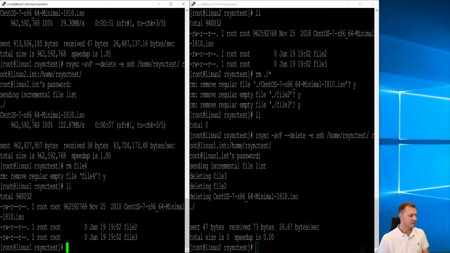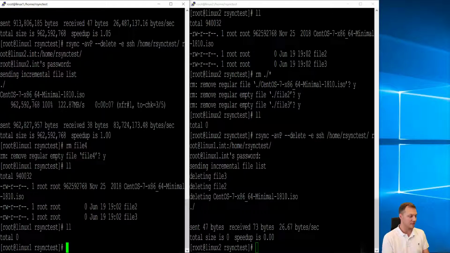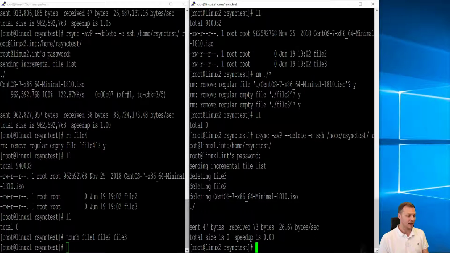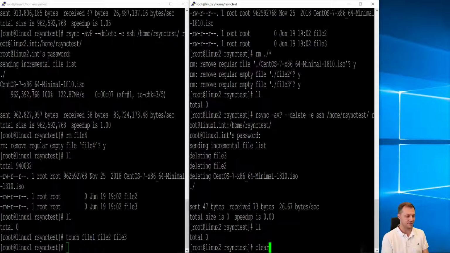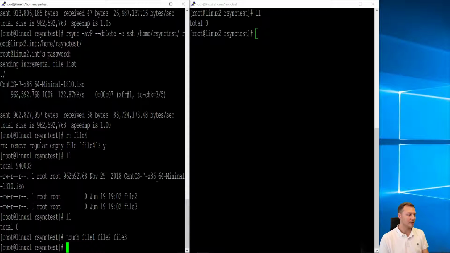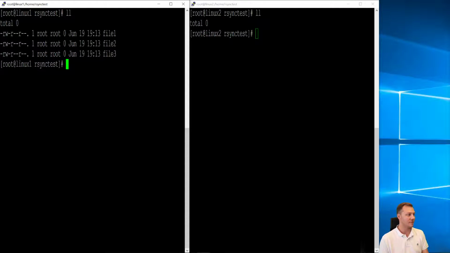Okay, so now that we have done that, we know how to do the different things here. We have no files left here because we just deleted them. It doesn't matter. Let's just touch file 1, file 2, file 3. And let's take a look over here. We have no files, and here we have 3 files. So let's not sync them just yet. Let's do a